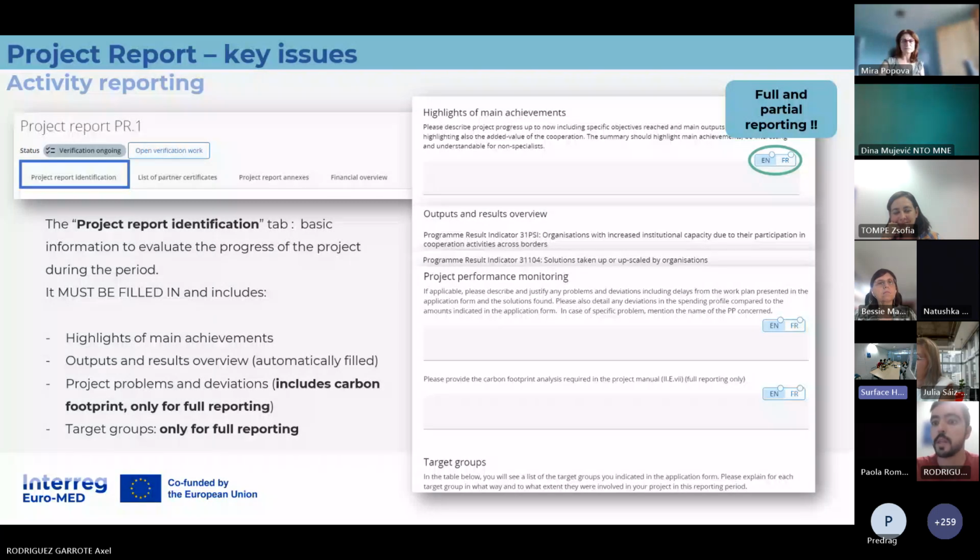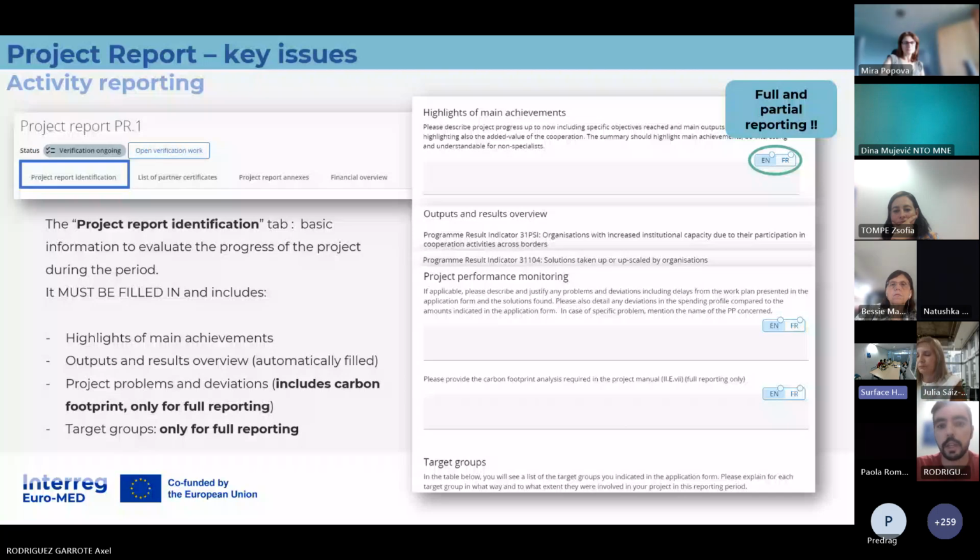So now that you are doing the partial reporting, we are not asking you for the target groups. Information on the target group must only be provided during full reporting, and of course, making reference also to the period covered by the partial one. So once per year, let's say. I mean, if you want to include it just to keep track of it, it's fine. But when you do your full reporting, it must cover all the target groups of the year.